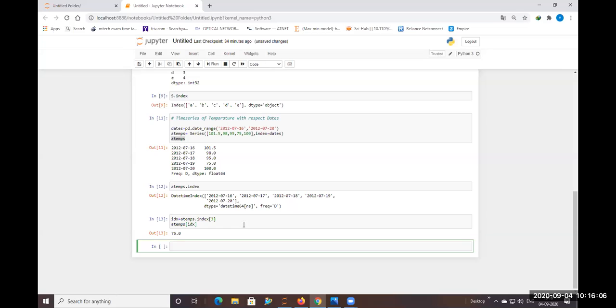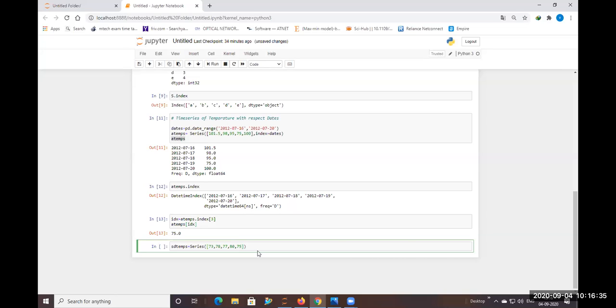Let me write the variable name standard temperatures equals Series of the set of values: 73, 78, 77, 80, 74 and one more 75.